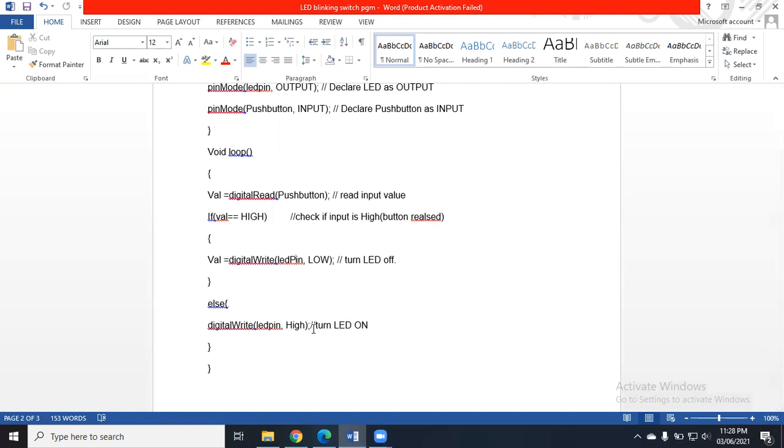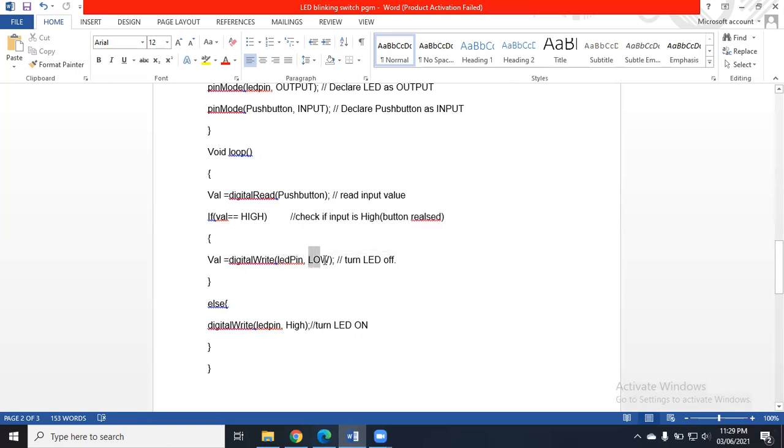If you want to turn on the LED, you have to provide the data. You have to write the data. That is why we are using this function, digital write. Whenever you want to read the data, in that case digital read is the function. Now how to write the function, or how to write a pin? Digital write, in brackets, LED pin comma low. So what is the meaning of this line? We are writing the data on the LED pin, and what is the data?